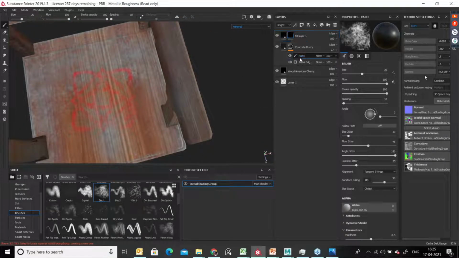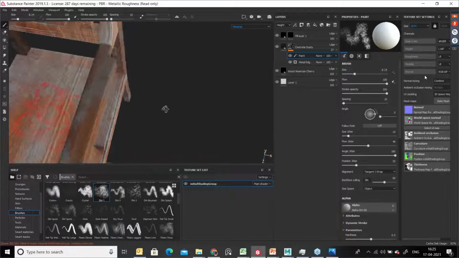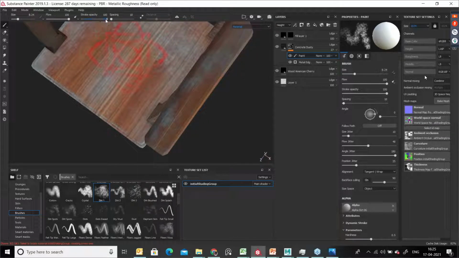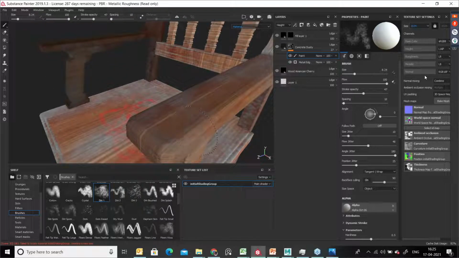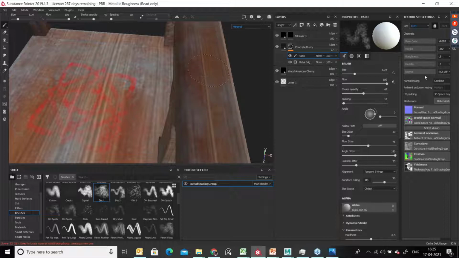Okay. Yes. Now I am going to do some adjustment here. On this chair, some portion should be clean and some portion should be dirty. So I'm trying to do that with stroke opacity, a little more, or you can reduce the opacity and try to remove this, and you can just press X, and make the opacity a little less. You see, it will be like this. Some random effect over here will always be good.